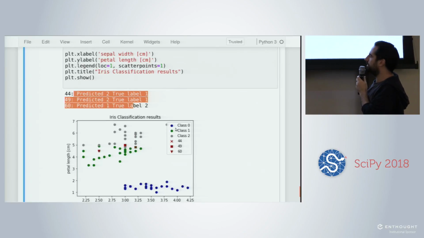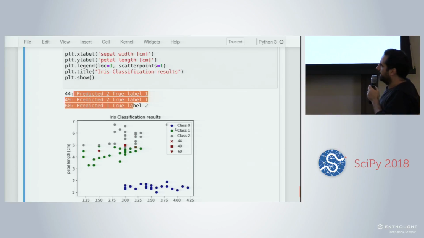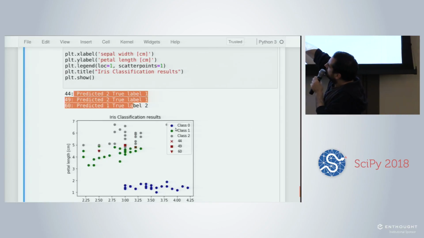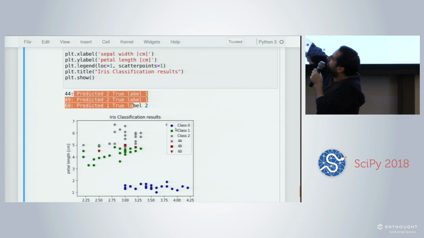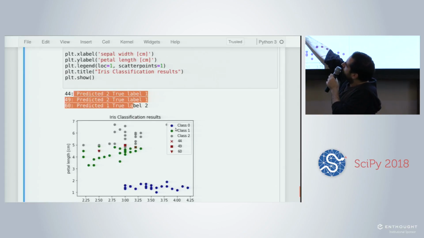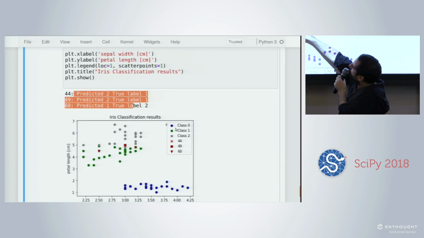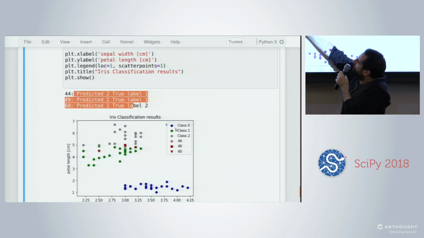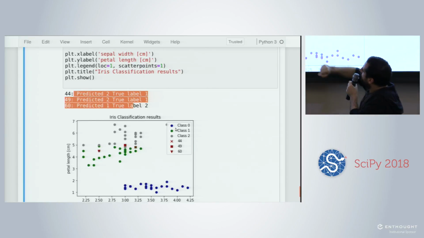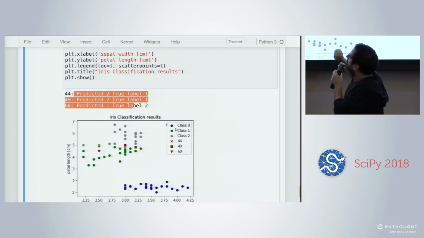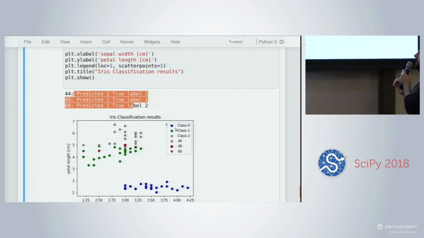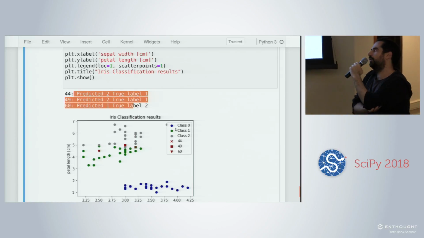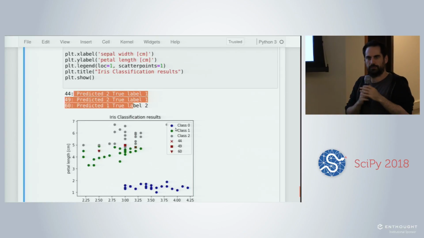Okay. So this is matplotlib stuff, and so can you display this? Okay. So you see that here we have a gray point that is in the middle of the green one, and here another green one that is in the middle of the gray point, and stuff like that. So, in your opinion, how could we fix the model here to avoid those kinds of mistakes?